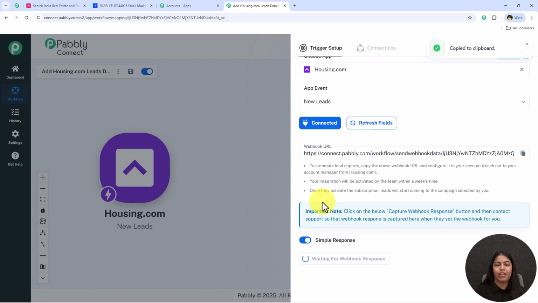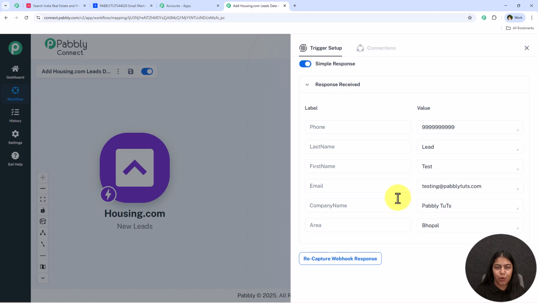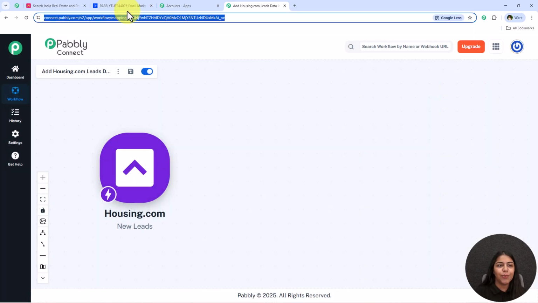Once your webhook URL is added in your account, automatically the lead details will be captured right over here. So I'm just going to simply capture this webhook response. And as you can see, we have successfully received the webhook response. Over here we have received the first name, last name, phone number, email, company name and the area. And now using these details only, I'm just going to simply create a new contact in my ActiveCampaign account